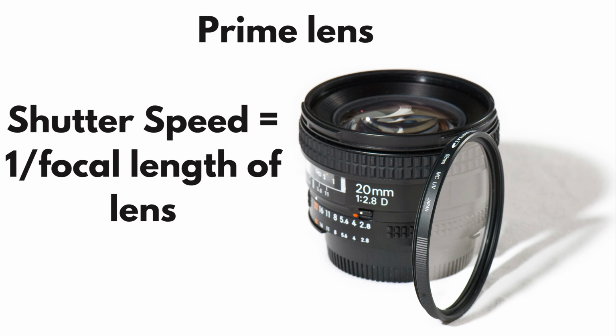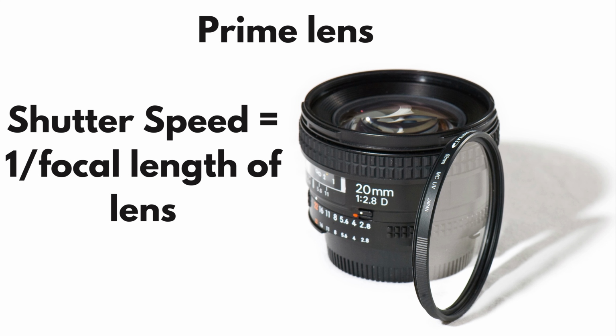Now, let's suppose you don't want to capture motion and you don't want to freeze motion either. You just want to take a casual photo, right? And there are only some people walking and your subject can be your family or whatever. Then what shutter speed should you use? In that case, you should always follow the shutter speed rule that we just discussed before. Again, to recap,